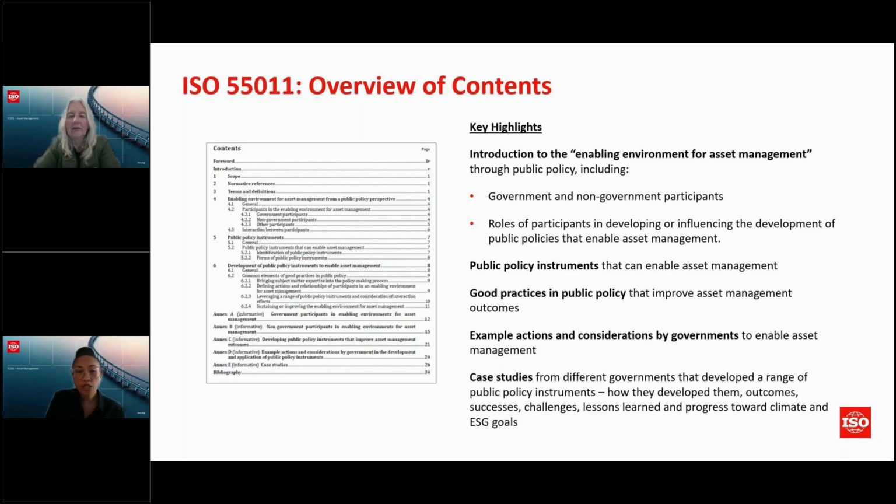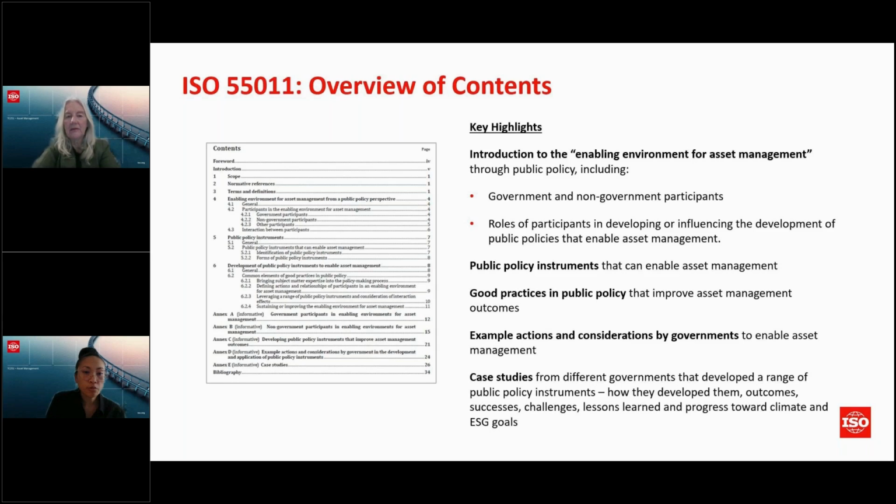It goes into more detail about the different roles that a variety of participants can play in developing or influencing the development of public policies to enable asset management and what some of those good practices are, including providing frameworks for effective public investment. And with regard to the public policy development specifically, the standard provides a menu of options, including considerations